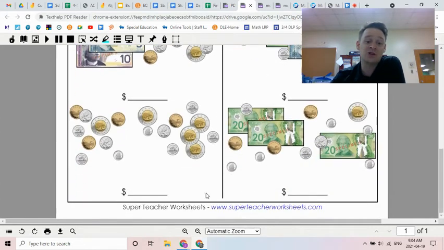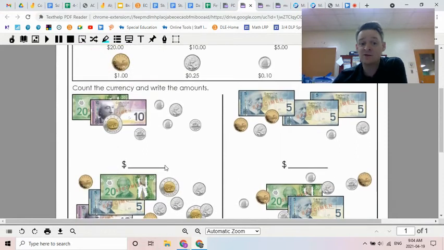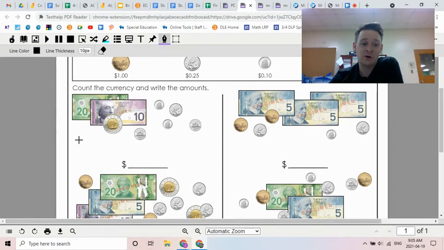On this page, it's super straightforward. You're going to count up the total of what you see. So in this first one, I might want to count all my dollars first. I've got 20 plus 10 is 30, plus the toonie is 32. And then I'm going to see if my cents are going to add up to another dollar. So here I have, let me just make a little note over here. I've counted 32, and I've counted these items. And now I'm going to count,